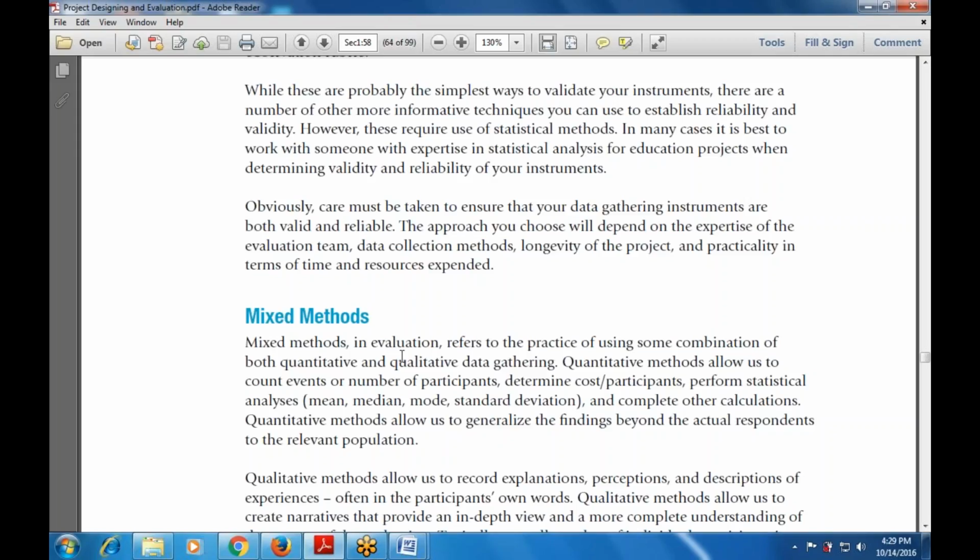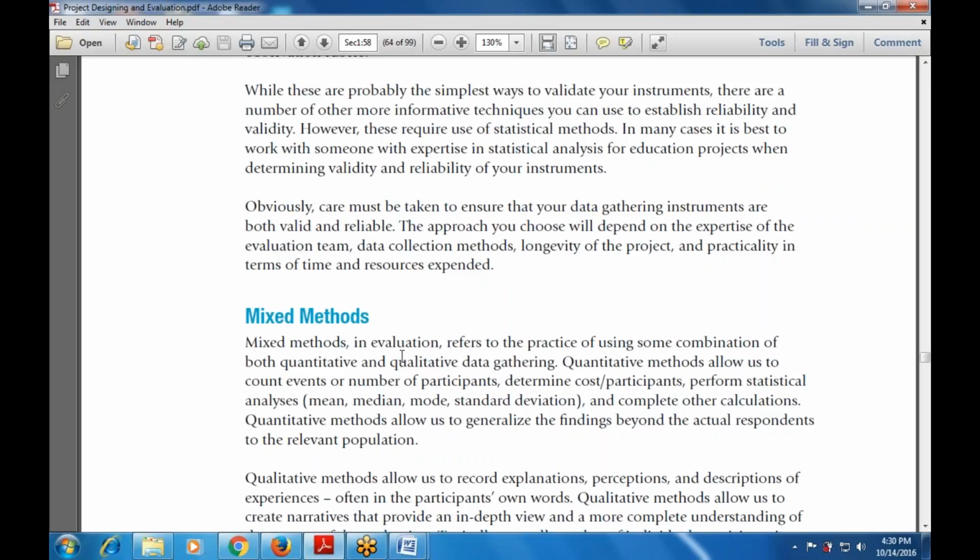The next is the qualitative method that allows us to record explanations, perceptions, and descriptions of the experiences. What are the various explanations, perceptions, and descriptions of the experiences, often in the participants' own words. Everything is available in the participants' own words, and the qualitative method also allows us to create narratives that